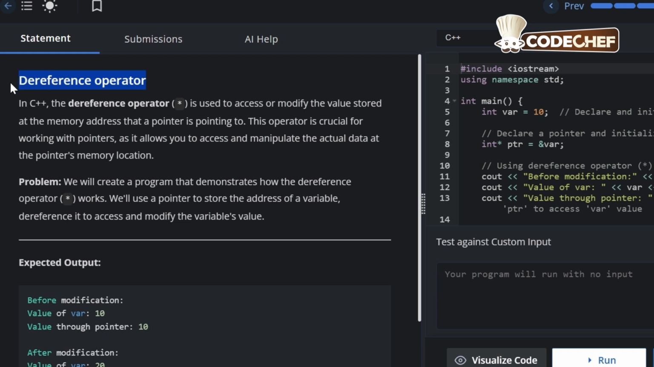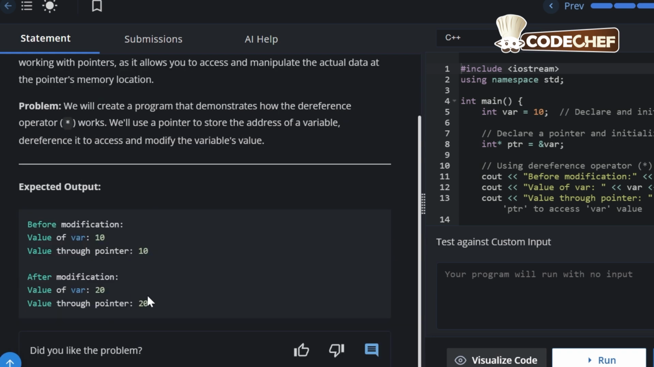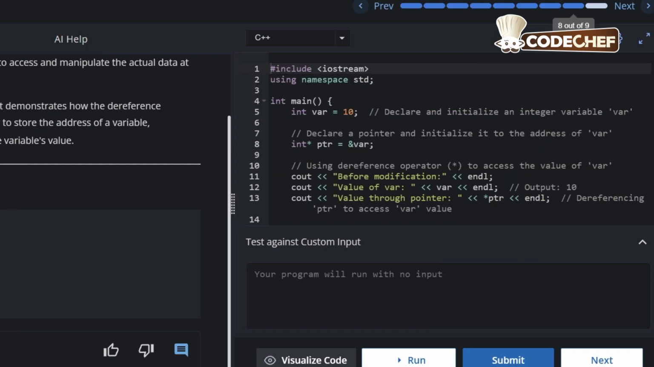Here the program objective is the dereference operator and the expected output is: Before modification: value of var: 10, value through pointer: 10. After modification: value of var: 20, value through pointer: 20. Coming to the code, #include <iostream>, using namespace std;. Then int main, now in curly braces, int var = 10; int *ptr = &var;